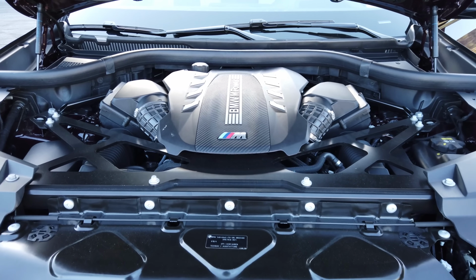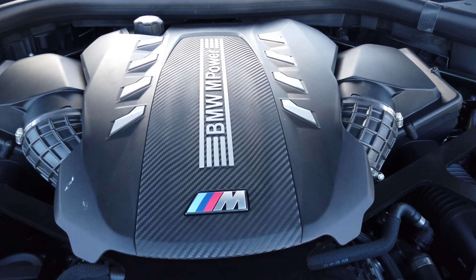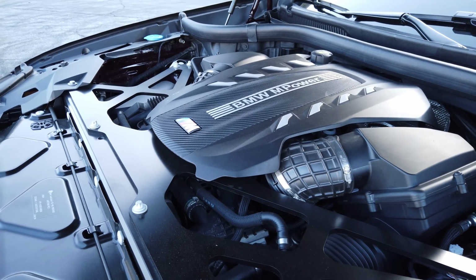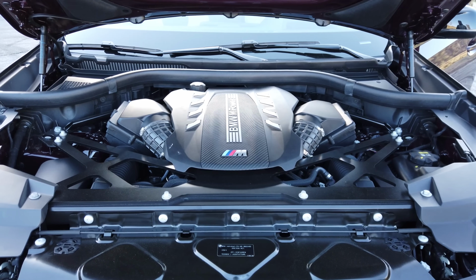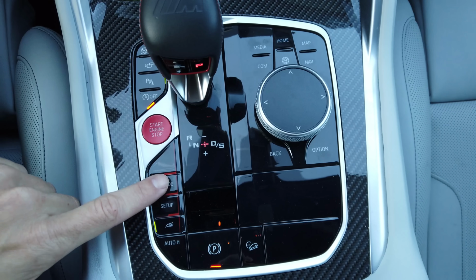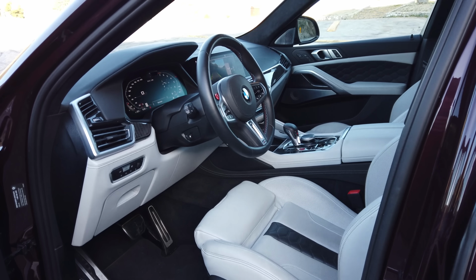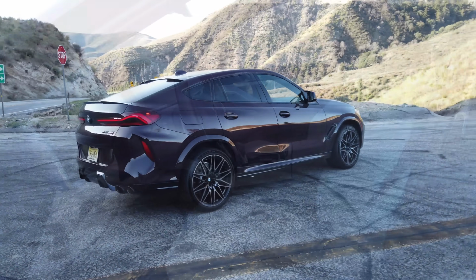In the competition version, which we have here, you get a 4.4-liter twin-turbo V8, making 617 horsepower and 553 pound-feet of torque. The non-comp makes 600 even. So you're only getting 17 horsepower, but you get other stuff too. For the $9,000 competition package, you get the horsepower, a strut tower brace, sport exhaust, track driving modes in the M dynamic mode system, blackout trim, extended leather, special motor mounts, and exclusive colors like this really fabulous